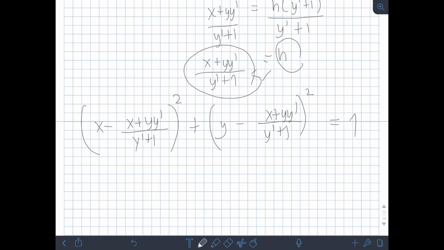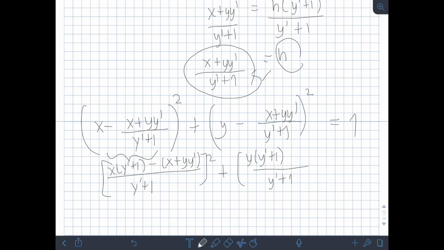So, simplify natin to. Etong first part, gawin nating single fraction. So, magiging x times (y prime plus 1) minus (x plus y prime), quantity squared, plus ito rin, magiging y prime plus 1 ang LCD, y times (y prime plus 1) quantity minus quantity (x plus y prime) squared